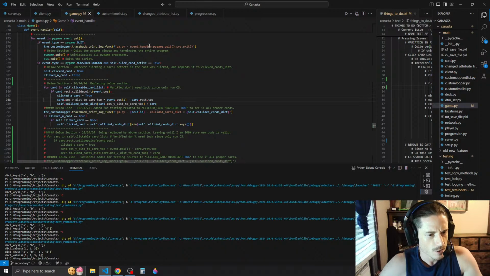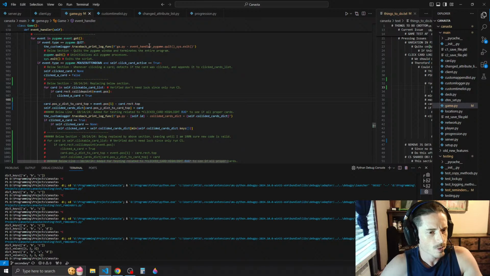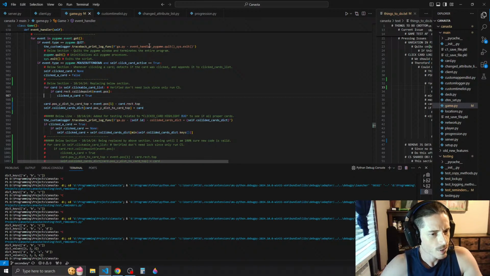Now we can go ahead and change it. So we would do for card in clickable card list, card rect collide point event position. Okay. Now this is gonna go away. This is gonna get put in its own section. So we'll separate that out. And then